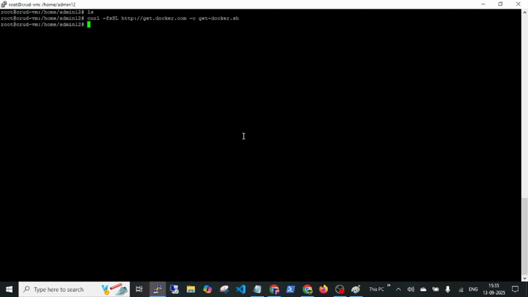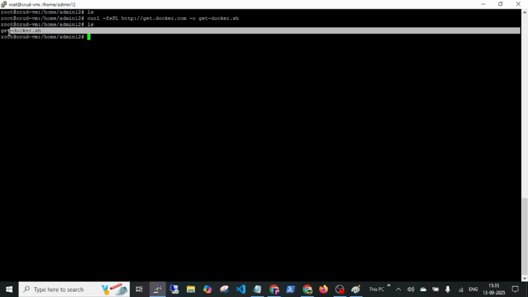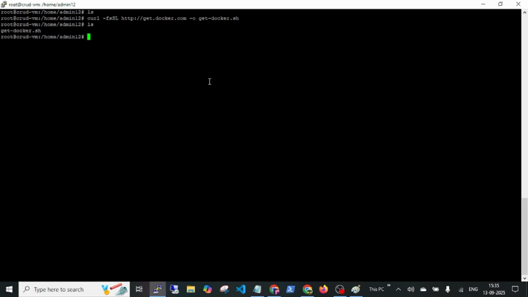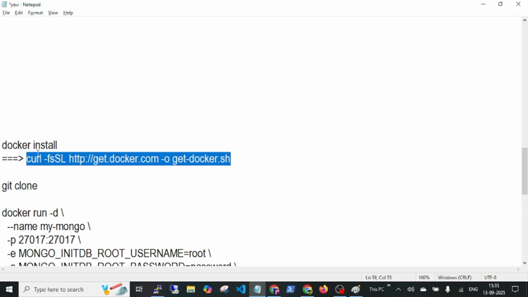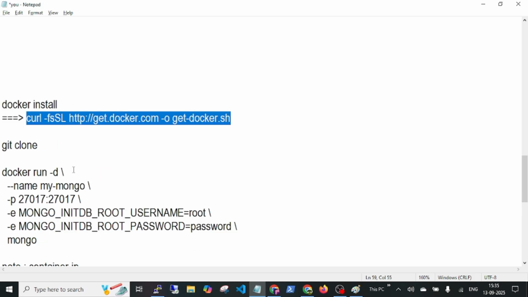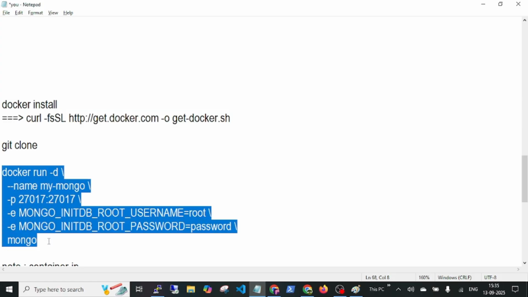Okay, now we got the get-docker.sh file. To execute this shell script, we need to run sh with the file name, then it will execute and download Docker into our virtual machine. So let it download, let it install. Meanwhile, after that, I need to give this command to start a Docker container with